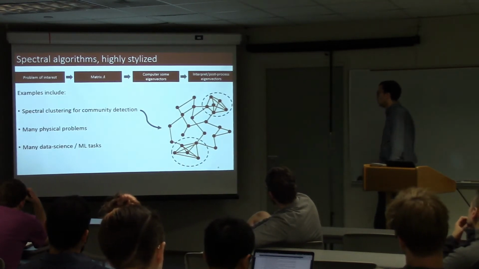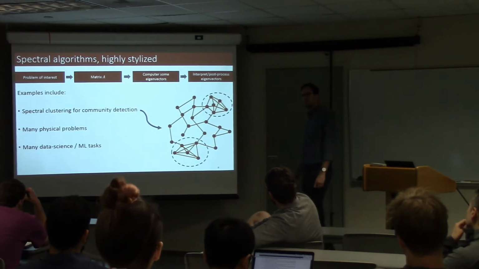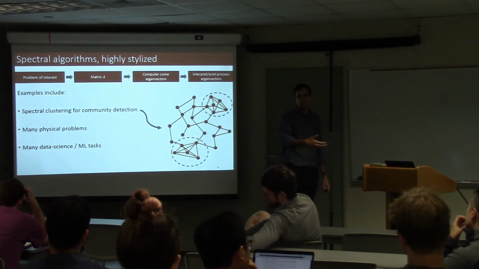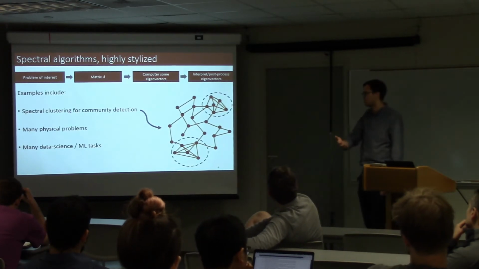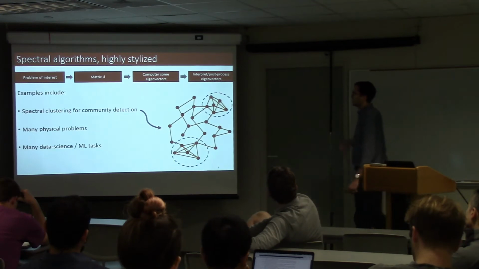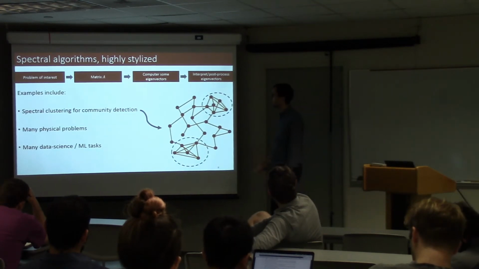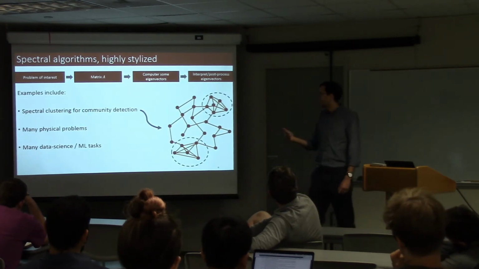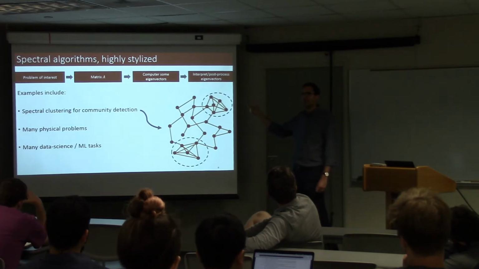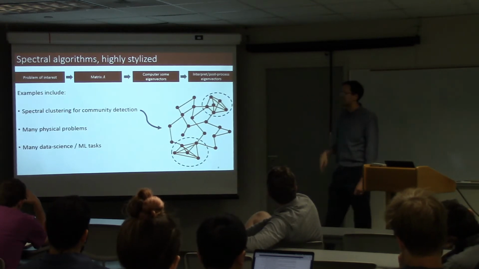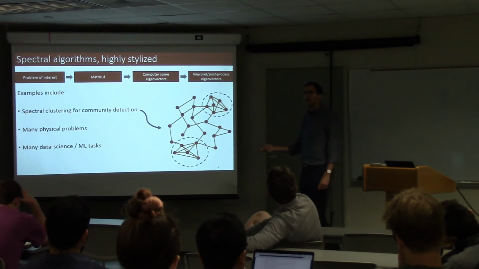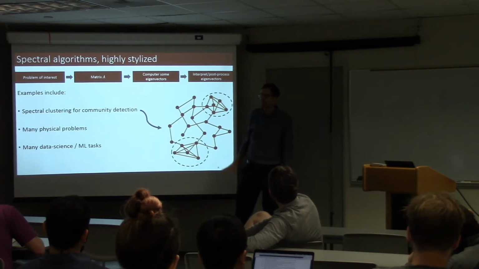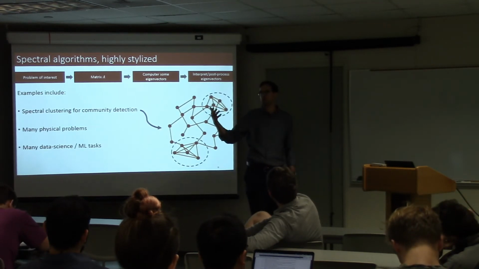Okay? One example of this is spectral clustering for community detection. So some of you might be familiar with this. I have a graph. I write down a matrix associated with it, an adjacency matrix or a symmetrically normalized Laplacian matrix. I compute some eigenvectors, and I can use those to find clusters in the graph. Okay? In that world, every row of an eigenvector matrix is associated with a single node of the graph. And so if I want to think about errors in something like how the eigenvectors embed the nodes of the graph, it makes a lot of sense to think about it row-wise or entry-wise.